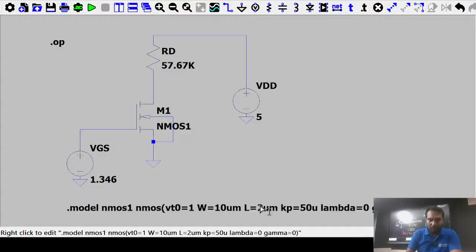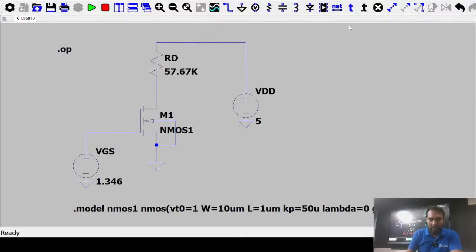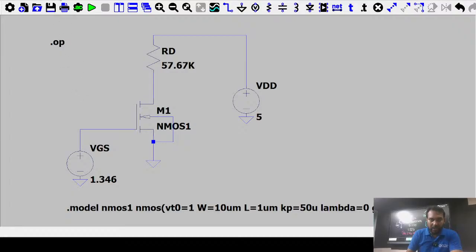Length is 1 micro there, not 2 micro, it is 1 micro. That is why there was a problem. So length is 1 micro, and W is 10 micro and length is 1 micro, everything is done. And now I am going for the DC operating point, and I just want that value. Just go to View and you have the SPICE output log. You go to the SPICE output log, click on it and press Control C to copy,